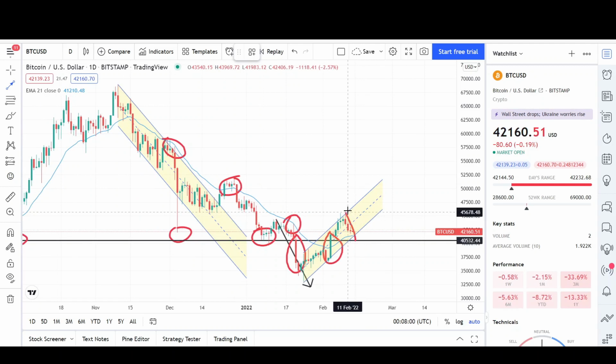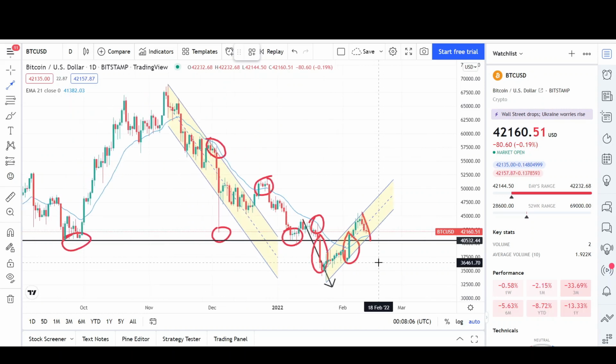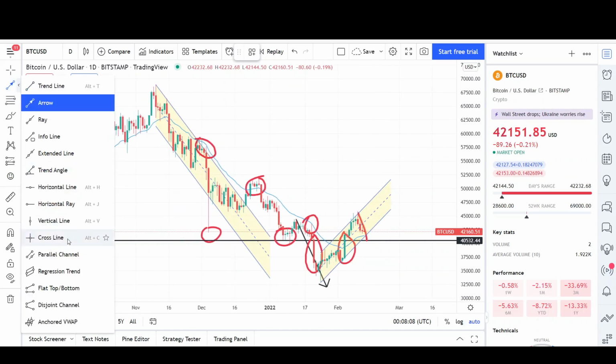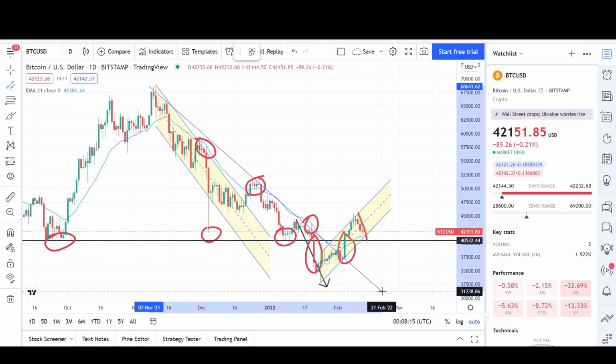However, if we break down through it, we're probably going to go back down to the lows of this downtrend, right around this $33,000 level, and we might even exceed it. So there is a bullish and bearish case, and they're kind of even, because you can see that this downtrend, if